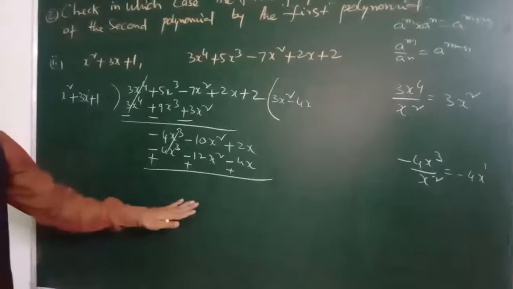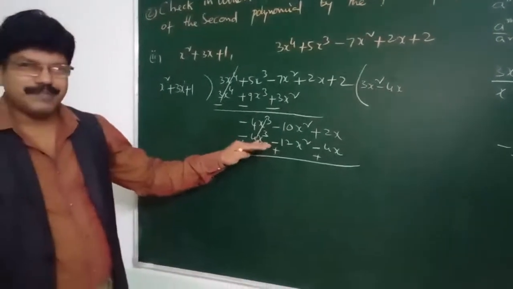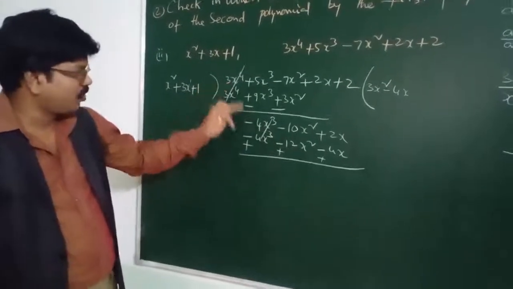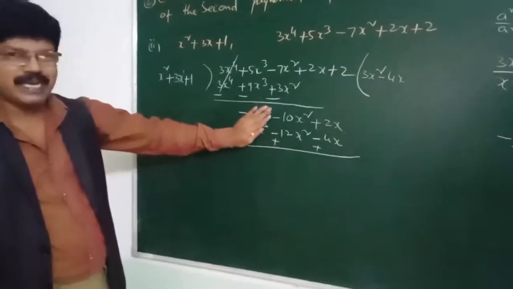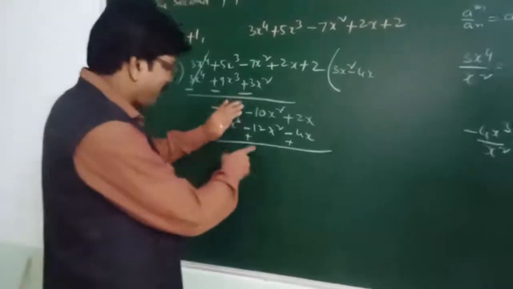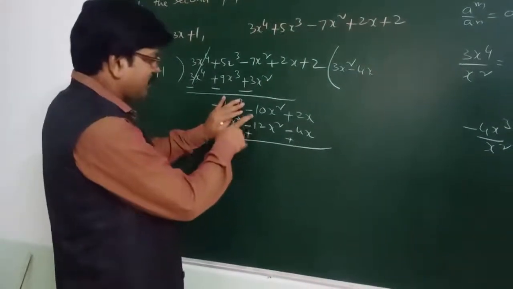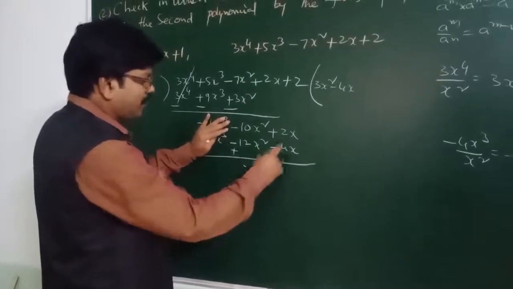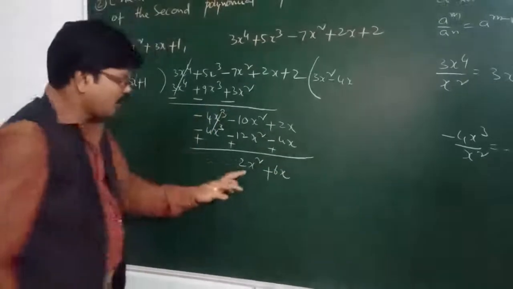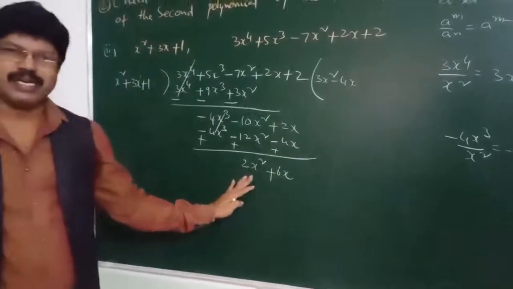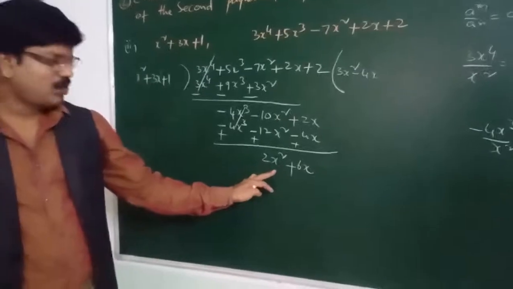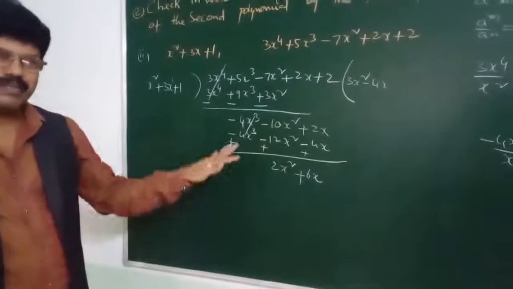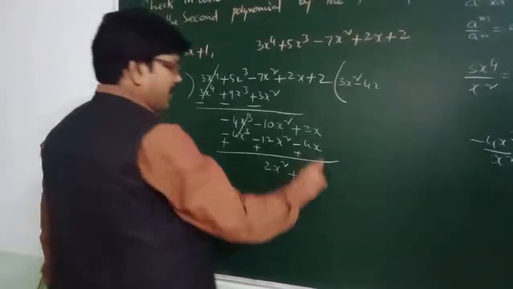Decrease the degree. In each and every step, decrease the degree of the dividend. Here x power 4, here x cube cancel. Then what will happen now? Plus 12 minus 10, 2x square; plus 4 plus 2, plus 6x. So now decrease one more degree. Here 2x square cancels x cube. In the next step, some more degrees will be decreased. Get down plus 2.